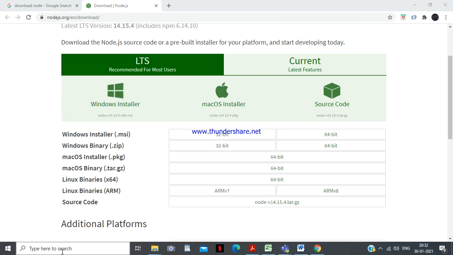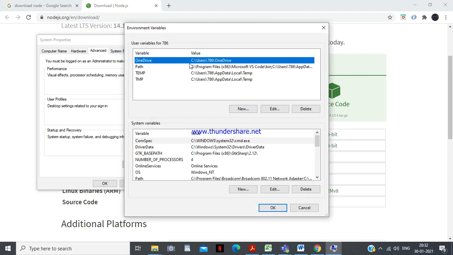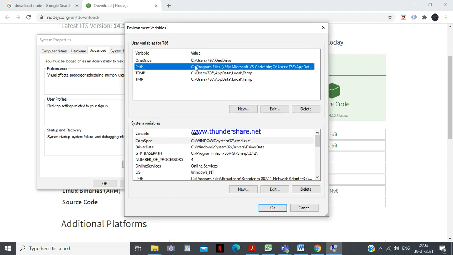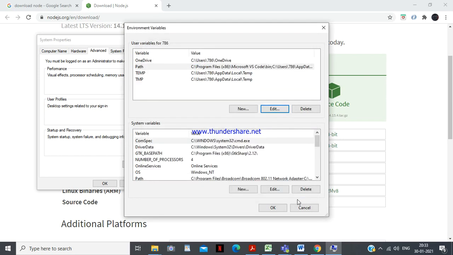Go to the environment settings and check the environment variable. Under Path, click on Edit. You should have this path in your environment variable. So if your node command does not run successfully, you can check this.